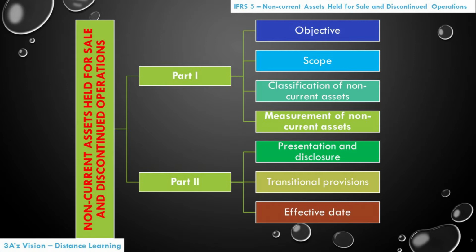We have split up the learning of this IFRS into 2 parts. In part 1, we will discuss its first 4 main elements: its objective, its scope, classification of non-current assets, and measurement of non-current assets. And in part 2, we will discuss the remaining 3 main elements: presentation and disclosure, transitional provisions, and